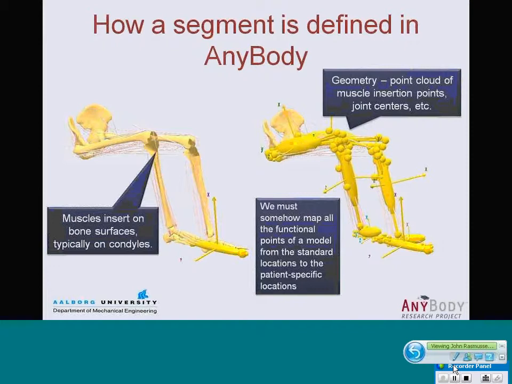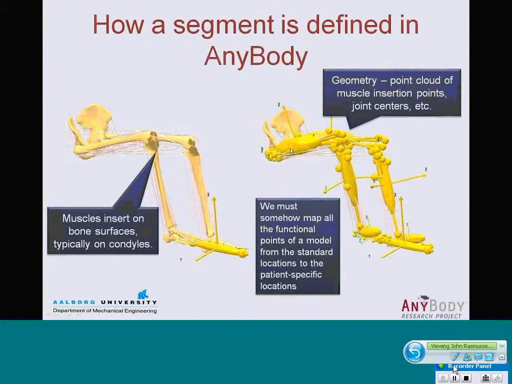In order to understand how this works more precisely for creating patient-specific models, we have to look into how models are actually defined in AnyBody. Typically, when you see an AnyBody model, you might see a picture like what you have here on the left-hand side, where you see realistic bone shapes, and muscles surrounding the bone and inserting on different locations of the bone. But in reality, the internal representation in AnyBody is more like what you see on the right-hand side,